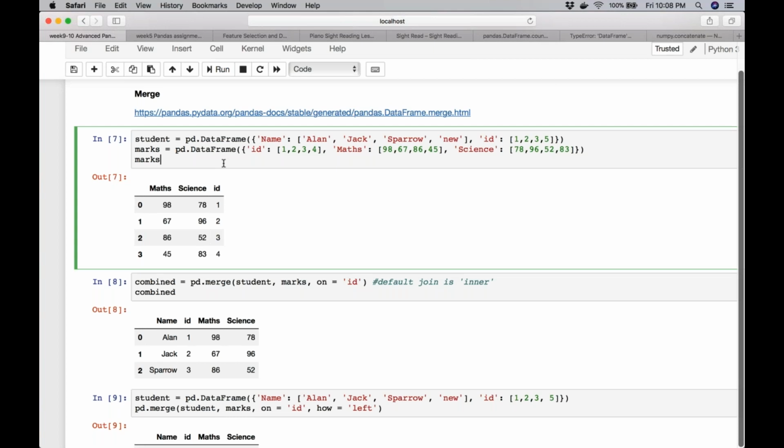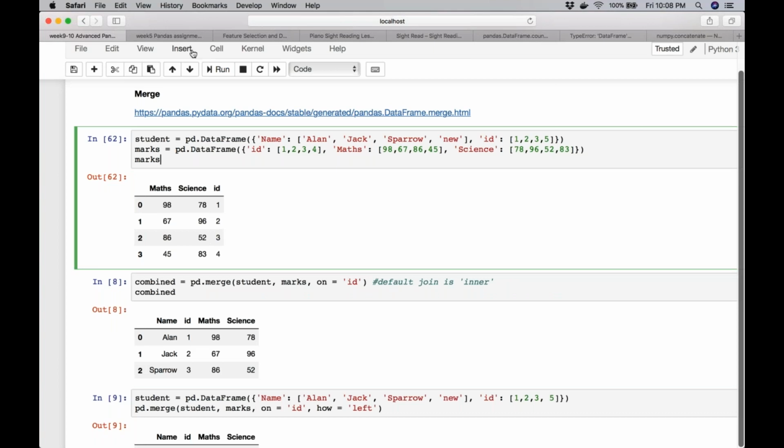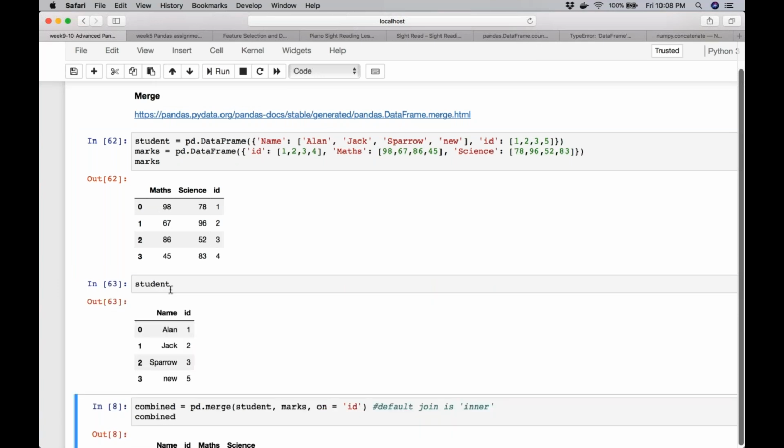Now let's go back to that same example. I have recreated, as you can see, the data frame. So now this data is a little more meaningful. I have the marks column, which looks like this, and student. Now, as you can see, there is one ID column which is common for both the data frames.